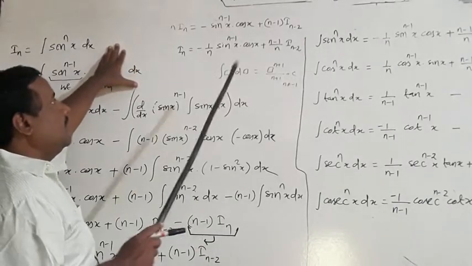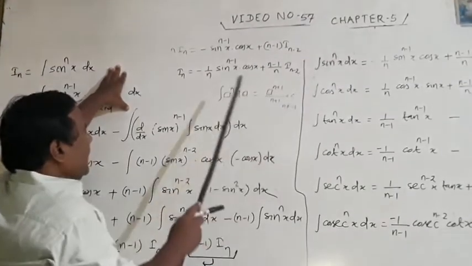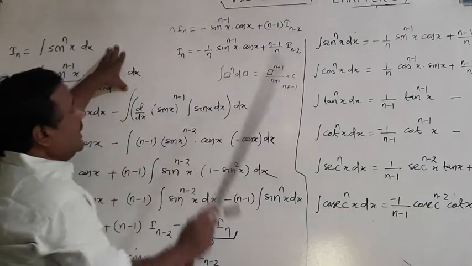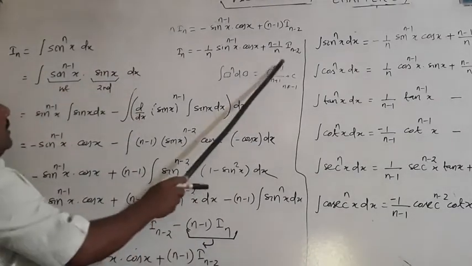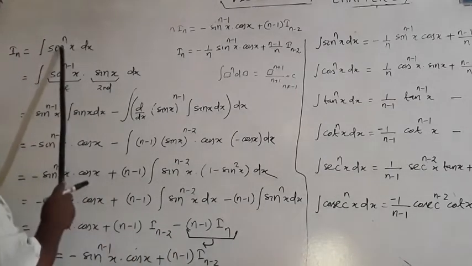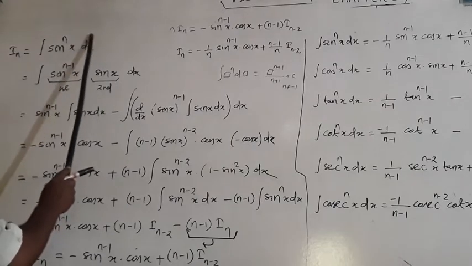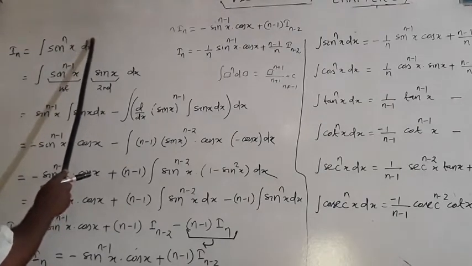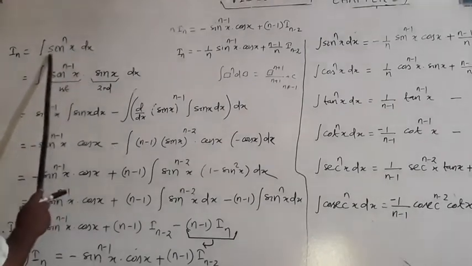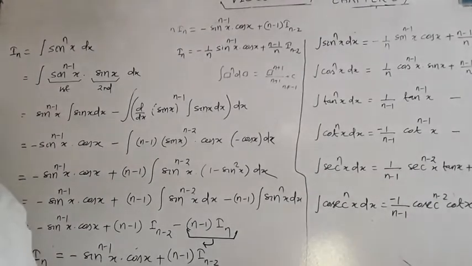Okay. You should not tell this formula as sin to the power n plus 1 by n plus 1, because I have already taught you in my chapter number 2 that anything to the power n, if the derivative of that thing is present, then only the formula is x to the power n plus 1 by n plus 1, condition n not equal to minus 1. Here sin x to the power n, is there any derivative of sin x inside it? No, naturally there is no derivative of sin x. So it will become sin to the power n x dx. The formula will reduce like this. You have to remember. Okay.